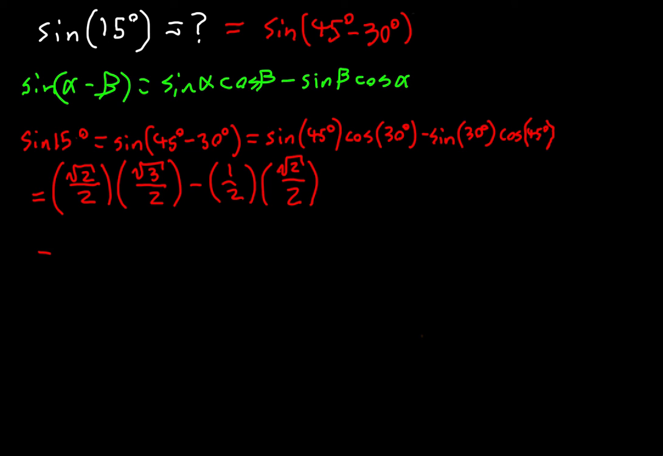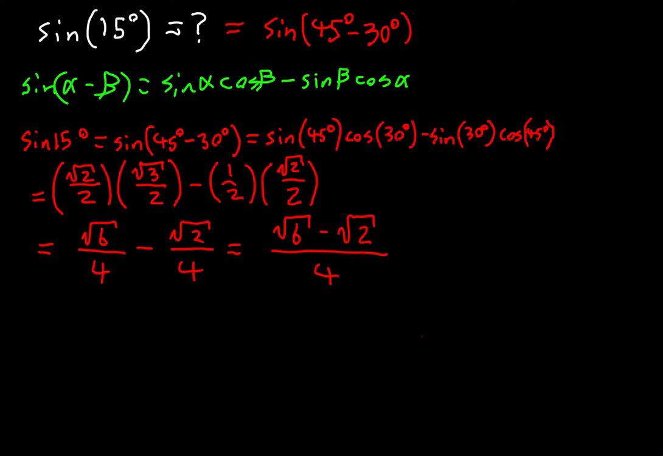All right, let's distribute some numbers. Let's just multiply these together. So we're going to have the square root of 6 over 4 minus the square root of 2 over 4, or that's just going to be the square root of 6 minus the square root of 2 divided by 4. And that is our exact answer, the exact value of the